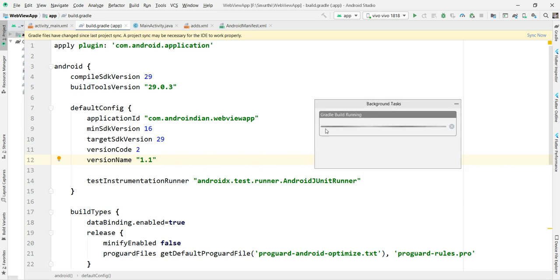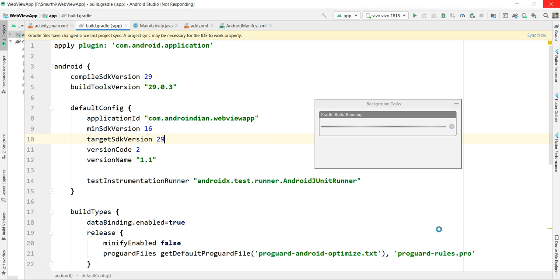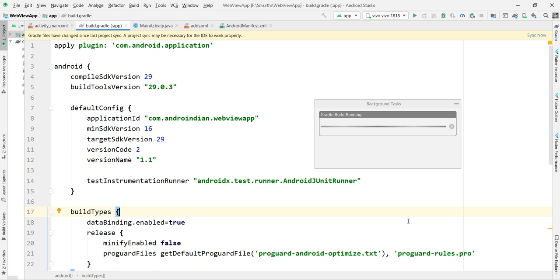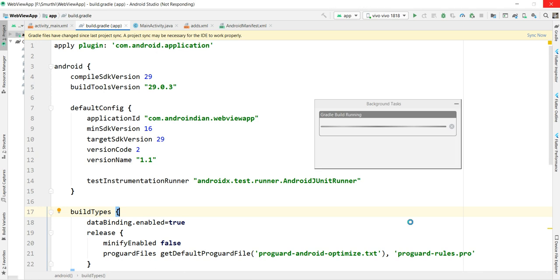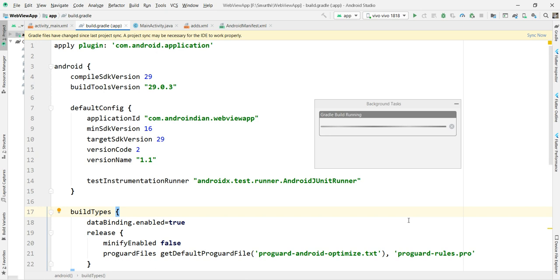I already told you last time it may take a little bit of time. Sometimes it may take 10 minutes, 20 minutes, depending on your laptop's capabilities, so we need to wait until the process has finished.